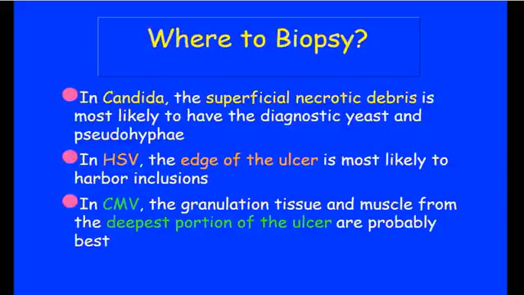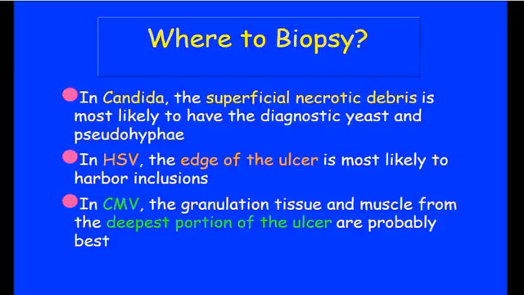A little bit about where to biopsy in infections in the esophagus. Candida, of course, is that grungy, cheesy, necrotic stuff where you're likely to have your best yield. In ulcers, the HSV inclusions are at the edge of the ulcer, and most endoscopists are pretty good about only biopsying the edge of the ulcer because we've told them, look, if you just biopsy the middle of an ulcer,